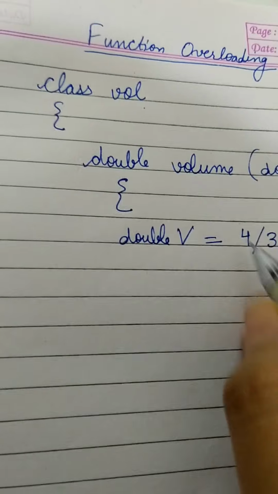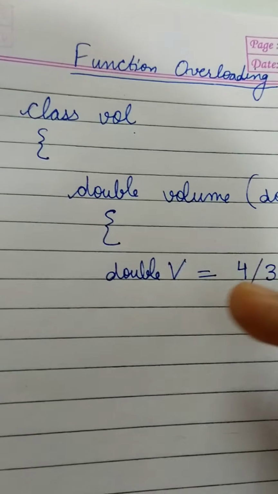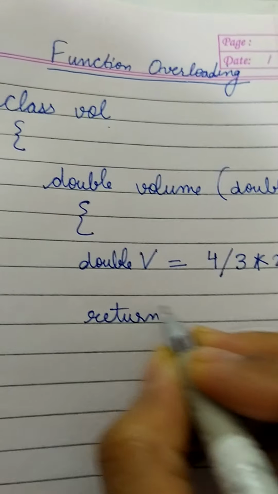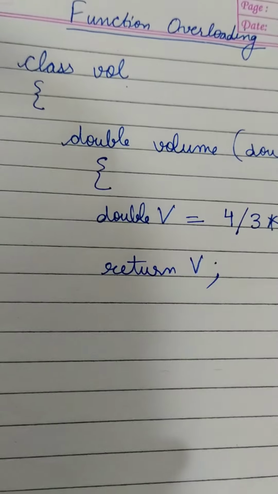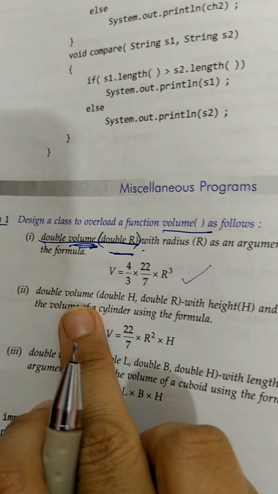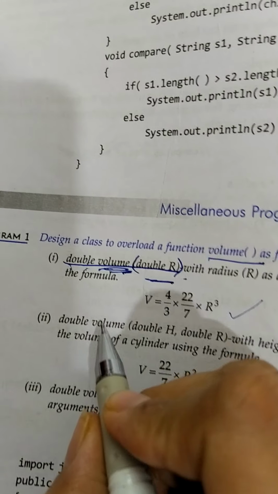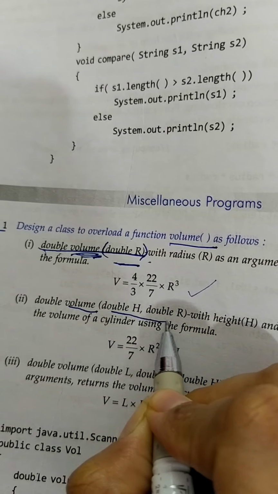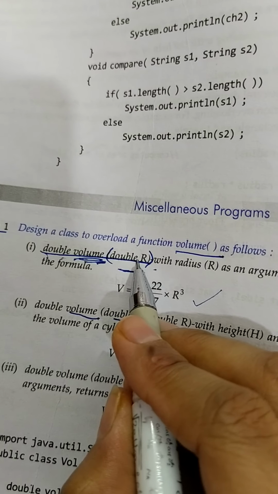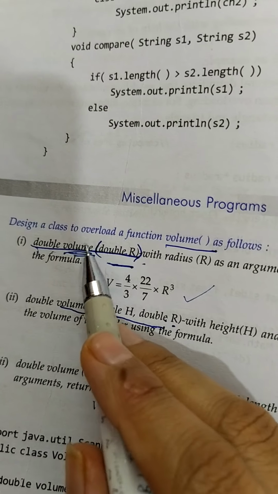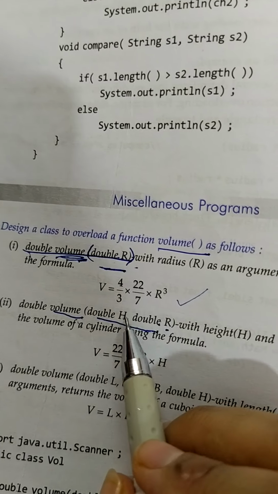Now we will not print it. See, the return type is there, double. So we have to return the answer. Is it okay? So just write return V. The work of this function is over, just close it. Okay, now see the question, second number, make this function. See, the name is the same, this is function overloading, but the number of arguments is different. Here one argument was there, here two arguments are there. This is function overloading when we have the same name but the argument list is different.